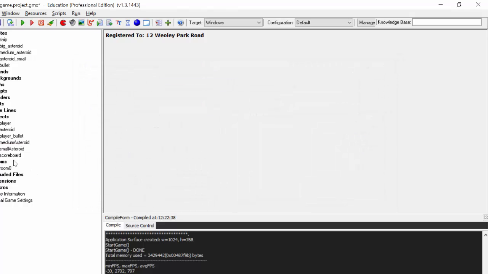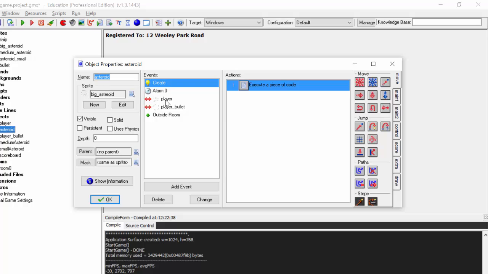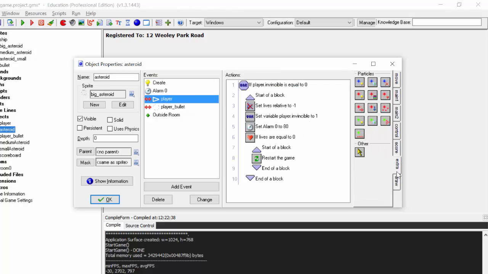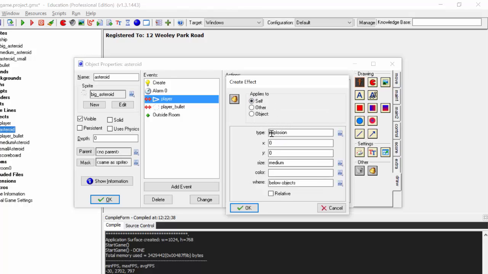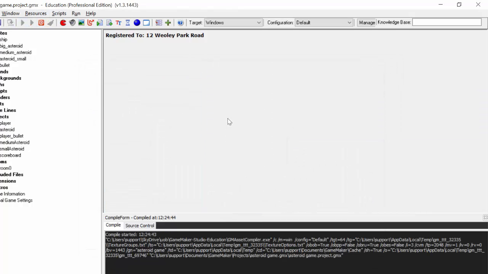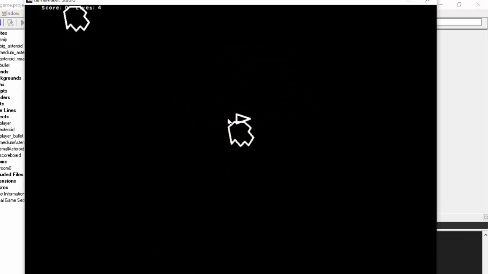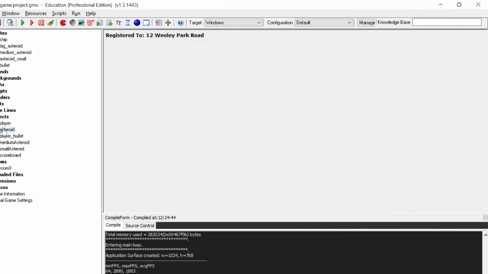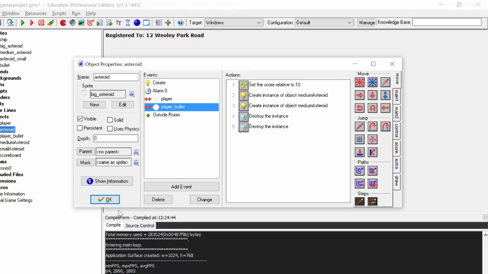I'm also going to have a little bit of feedback. So when the asteroid hits a player, I'm going to have a little explosion appear. So if I go to draw, I'm going to drag create effect and I'm going to put that right at the top. I'm going to have an explosion and it's going to be above all the objects, size large, I want a big explosion, and I want this red. Now if I run the code now, what should happen, if everything's gone to plan, is a nice big explosion. And I can use that little explosion trick on the collisions as well. So if I go to asteroid, actually go to player bullets,